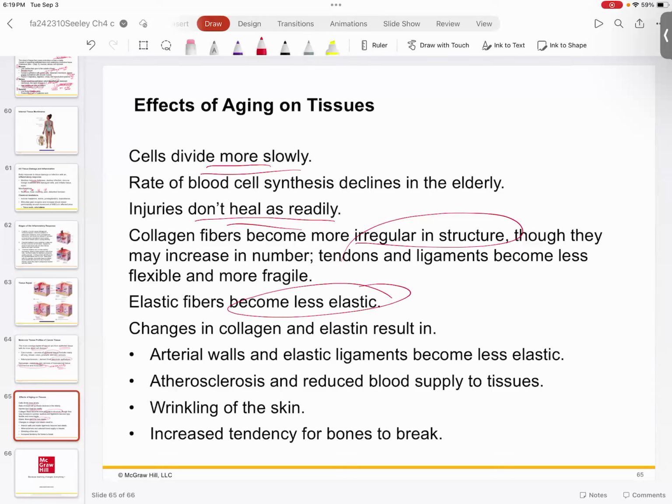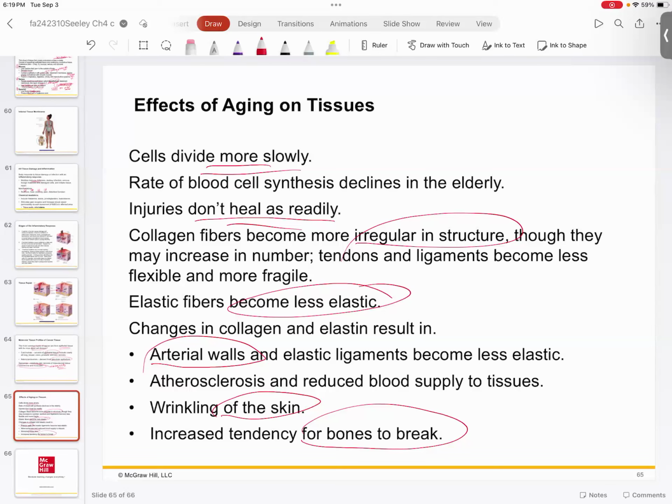And this basically is across the body. We're not just talking about skin. We're not just talking about joints. The really bad thing about aging is this affects all of that elastic tissue in arterial walls. So your arteries become more stenotic. That is to say they're less elastic, which is a bad thing, right? You get more plaquing, which is reduced blood supply, wrinkling of the skin because you have the breakdown of connective tissue in the dermis. And of course, bones are more likely to break because they are not maintaining the